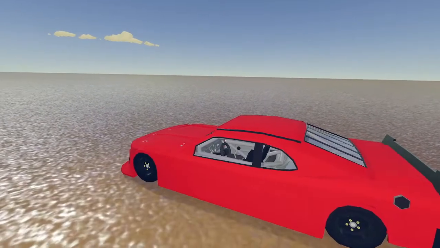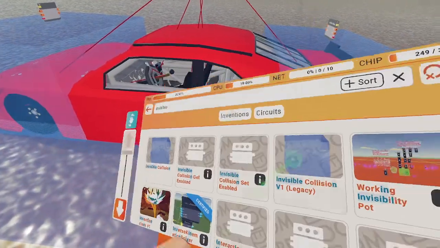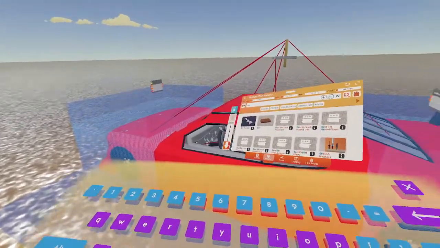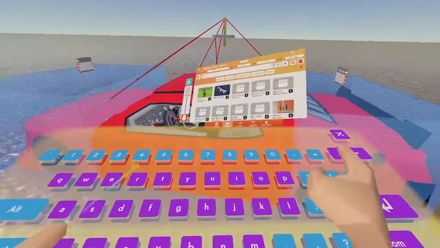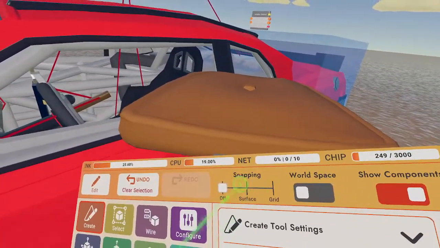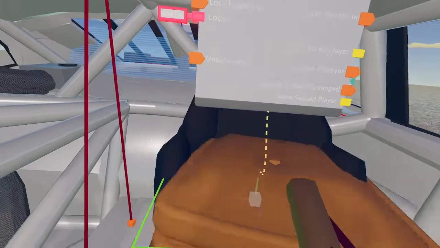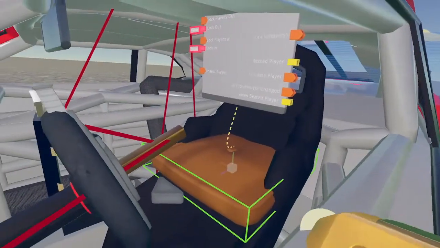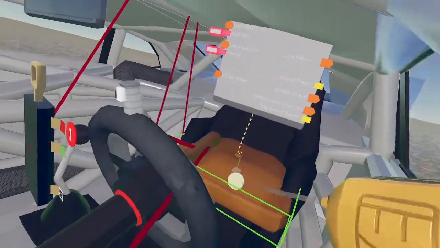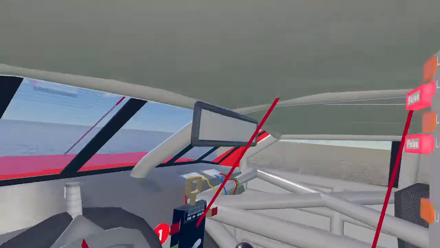Okay, so I was just about to test the car, but I just remembered that we actually needed seats. So let's go ahead and do that real quick. In your palette, search up seats, and just grab, oh, spelled it wrong. Seat, there we go. Grab it. You can turn off snapping so you can place it better, and basically place it in the driver's seat. It doesn't really matter where you place it. Just make sure that when you actually sit down on it, the driver can actually see the wheel, because sometimes the driver just can't see the wheel